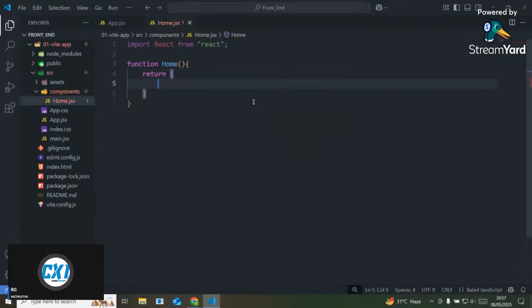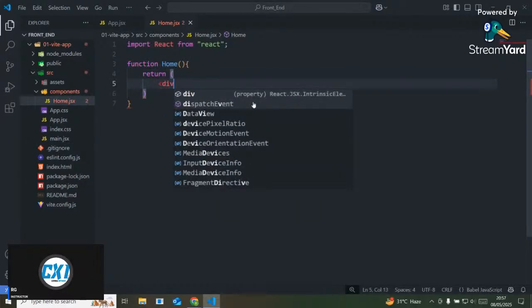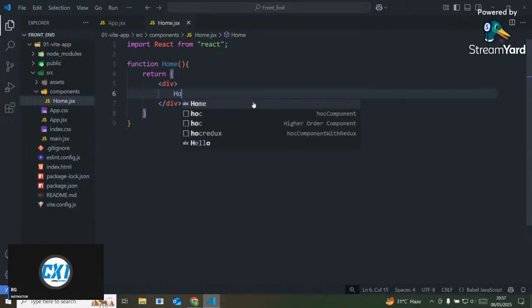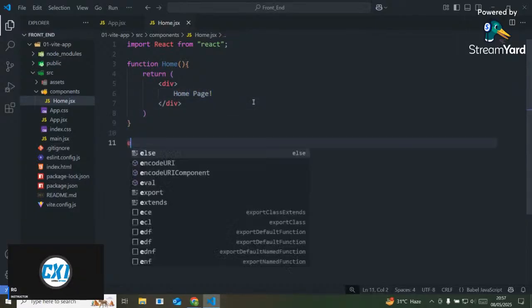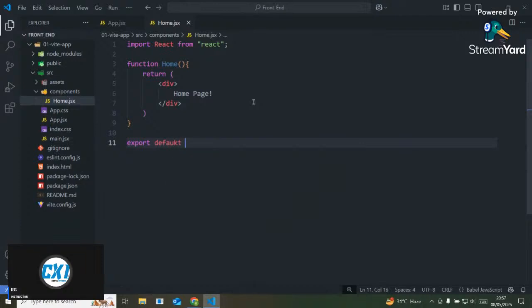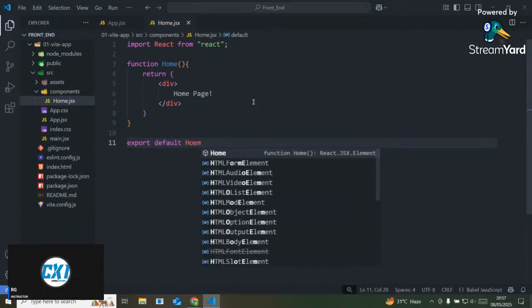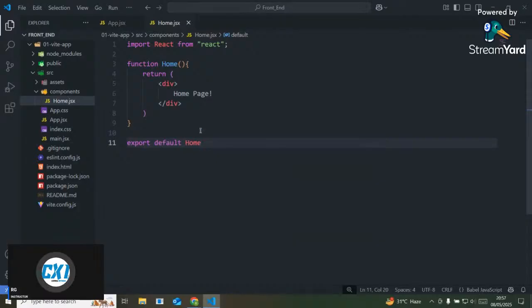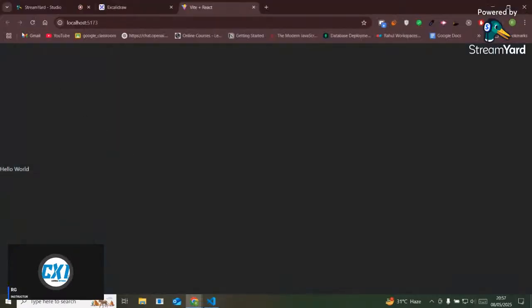It will return some HTML element. So here I can also return some div. Inside the div, I can say home page. And finally, I can export it, right? Export default home. That's it, guys. Now, if I go to my browser and refresh it, you can see the home page is